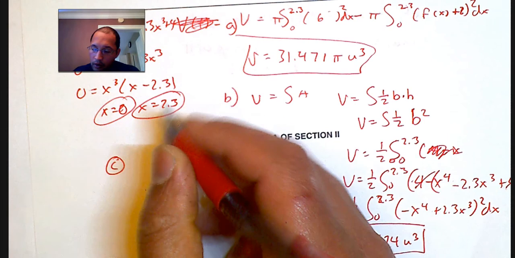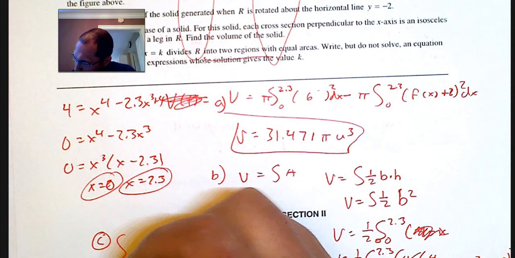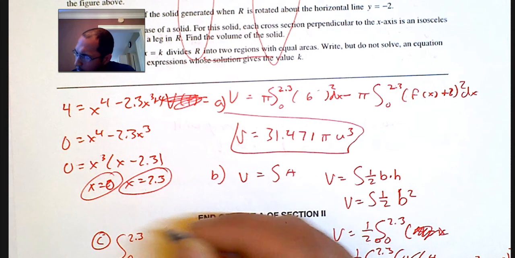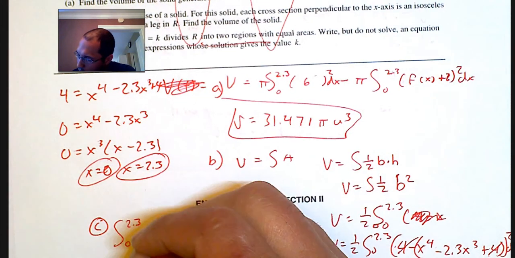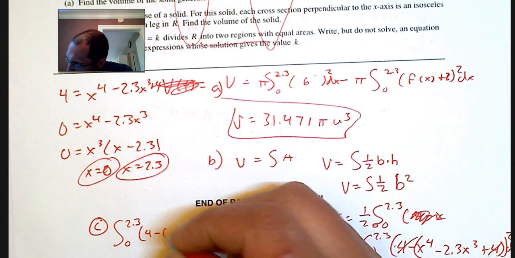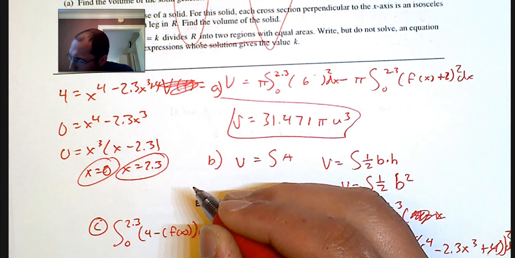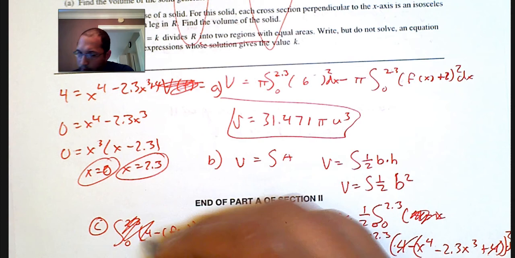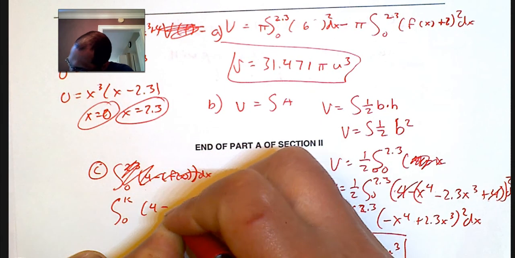Alright, so c, integrate from 0 to 2.3, the top minus bottom again, so still the function 4 is on top, f is on bottom. So 4 take away f of x dx. I'm not going to write the whole thing. Alright, no, it's not 0 to 2.3. See, I already messed up again. Alright, 0 to k, 4 take away f of x dx